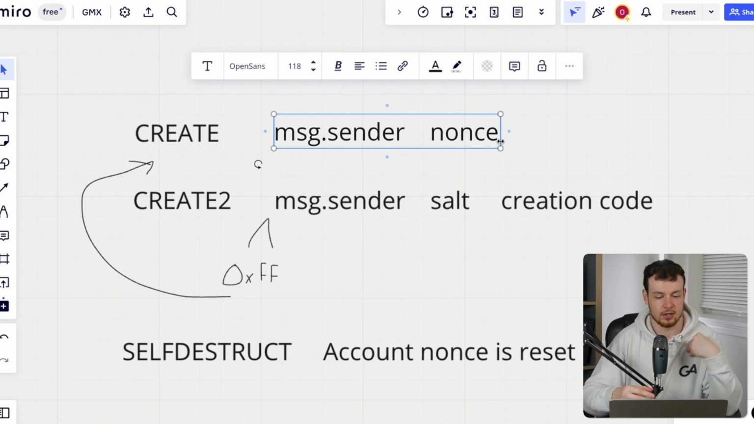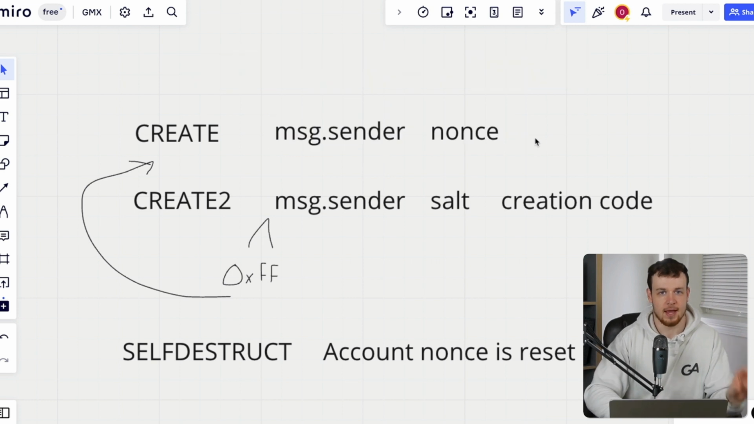Then what I can do is recreate the factory, and pay attention, because we need that factory to be recreated at exactly that address, address 1, so that the message sender can be exactly the same. And then from that address 1, since the account nonce is reset, we can do another create and end up creating a completely different contract at that same address 2,